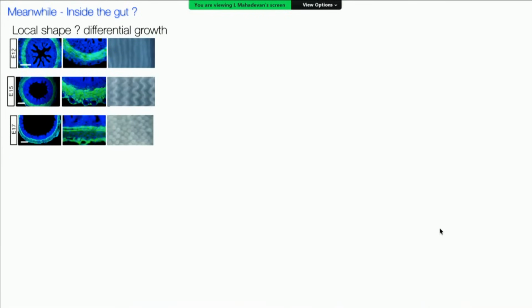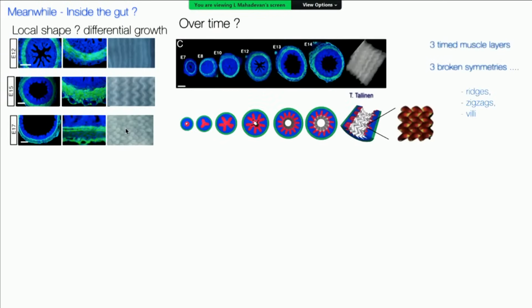Very quickly, I have about 5 minutes or so. I wanted to show you what happens inside the gut. So inside the gut, the same principle. The gut starts out as a simple tube. The tube develops ridges. These ridges develop zigzags, and these zigzags eventually form villi. You can construct exactly an analogous theory for that as well, mathematically, which I'm showing you over here, to reflect